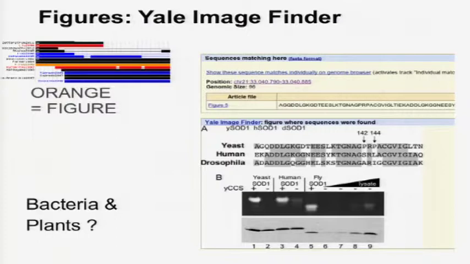Yeah. In figures, one of the questions that often comes up is what happens if someone mentions a gene on a figure? I don't know why that is so important, but it's probably important because if it's in a figure, the author cares about it. I thought that's never possible, but the Yale Image Finder people have actually run optical character recognition on figure text from PubMed Central. And even if someone mentions the gene or the gene sequence in a figure, which is a bitmap, a graphic, I can still pick them up now, which is really nice, but only for